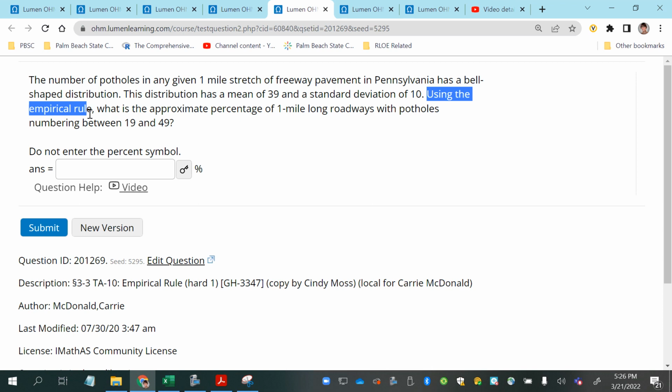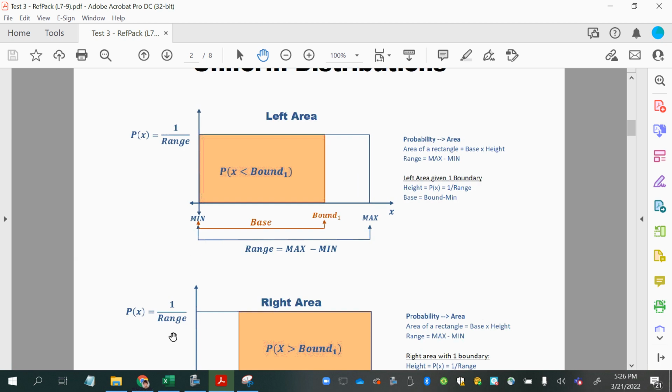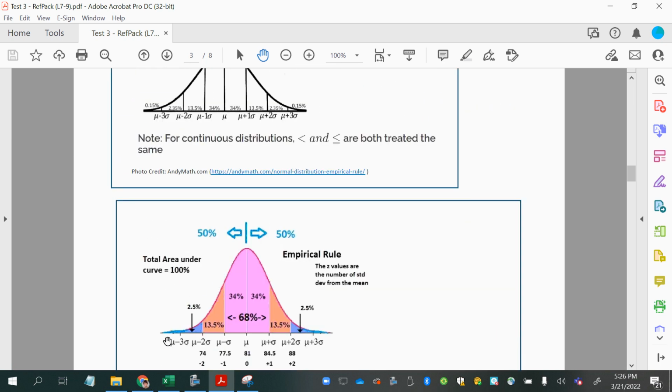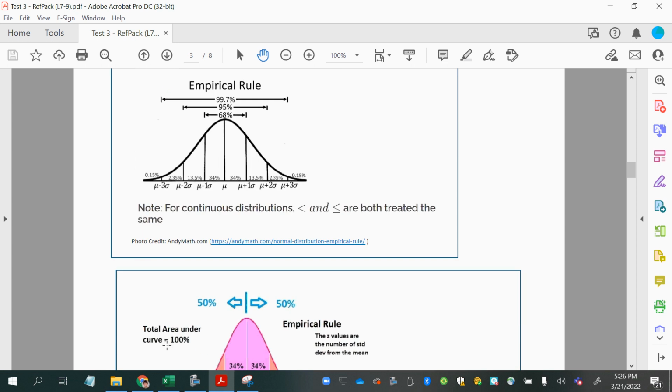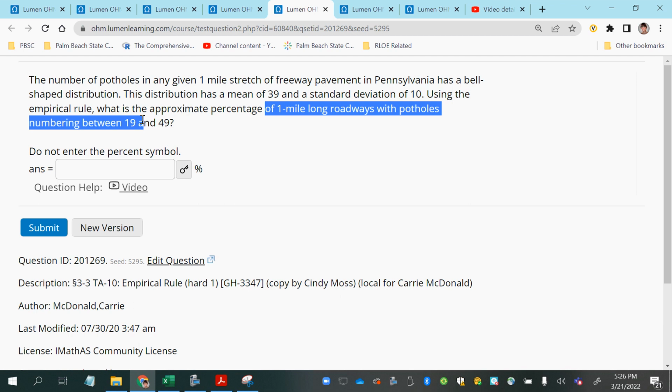Using the empirical rule, okay, good to know because we have that in our reference packet for test 3. The empirical rule has a couple of illustrations here that can be very helpful. So we're going to be using this. What is the approximate percentage? Okay, so when they're asking for percentage, it's another way of asking for an area. Same thing with probabilities when it comes to a continuous random variable, of 1 mile long roadways with potholes numbering between